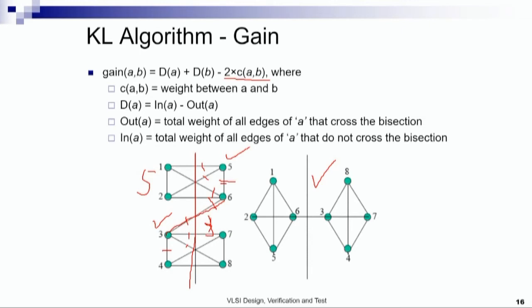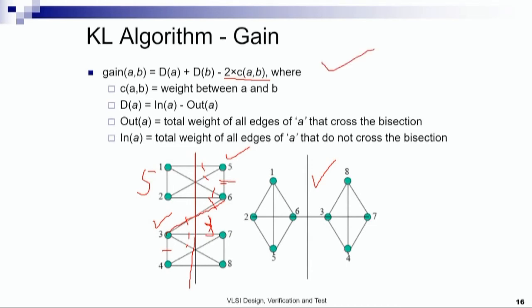So we have chosen two vertices A and B. We want to find out what is the gain after exchanging them. So how do we find that out? We find the gain after exchanging A, we find the gain after exchanging B, and if A and B, this vertex pair, are connected through an edge, we need to deduct the cost of the edge from the total gain twice. This is what this gain a comma b says.